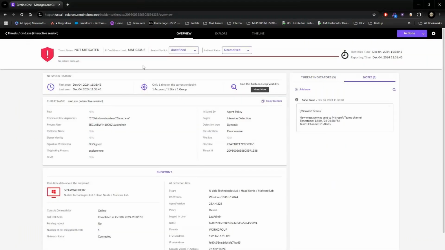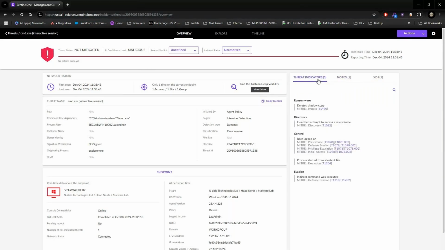Go into this event. My agents are set to detect, not protect, so they didn't take any action. It just saw it, captured it, and reported it back to me. It lets me know when it was, which user it was on the system, the type of detection, is it affecting multiple systems or only one? That way you can quickly get a gauge on whether this is a widespread issue or very isolated. And then it gives me my threat indicators over here on the right hand side of what about this was bad behavior that we can map to the MITRE